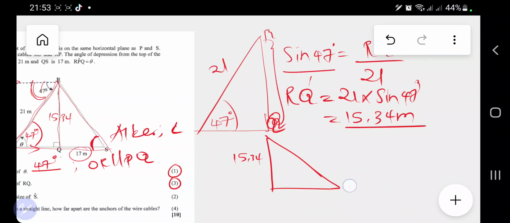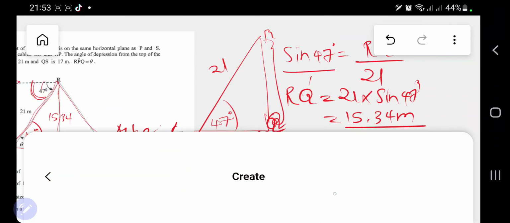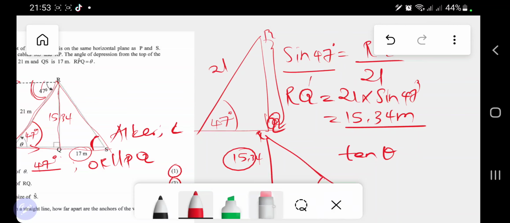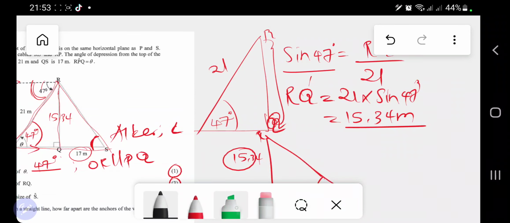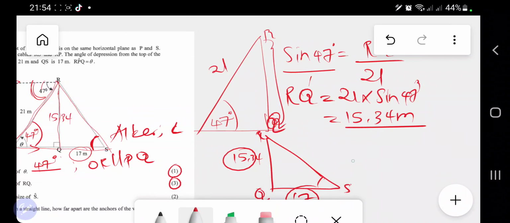15.34, and then we want to calculate this angle S, and this is still your R, this is still your Q. So then you have got 17 here. So you are going to use tan because you've got the opposite side and the adjacent side. Let me not call it a theta because they've already given us a notation for that. So we should call it tan